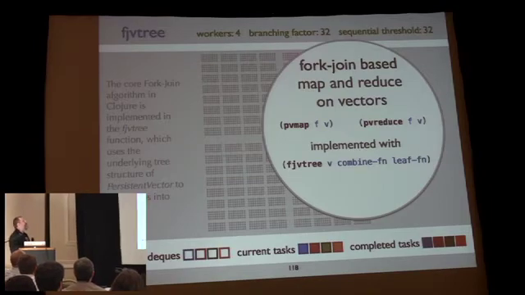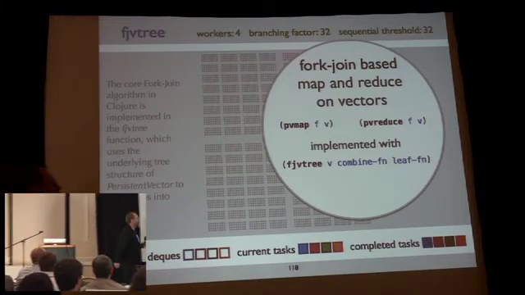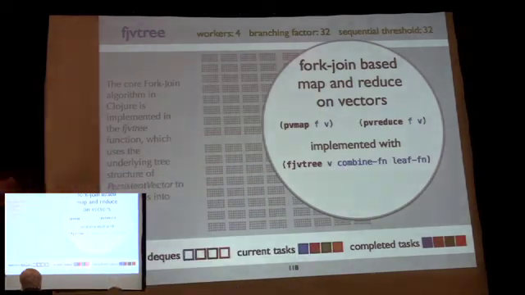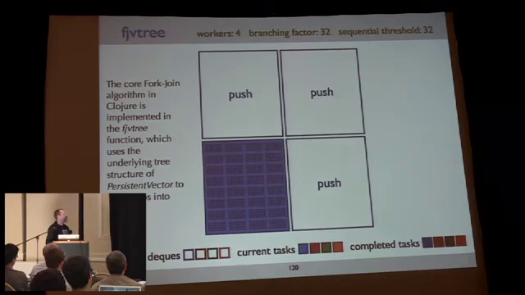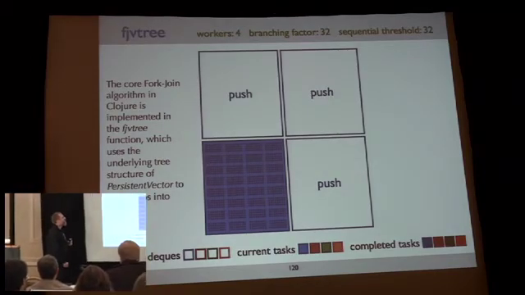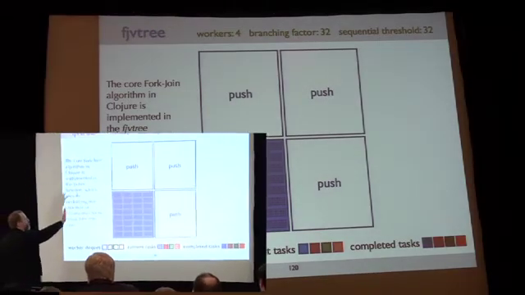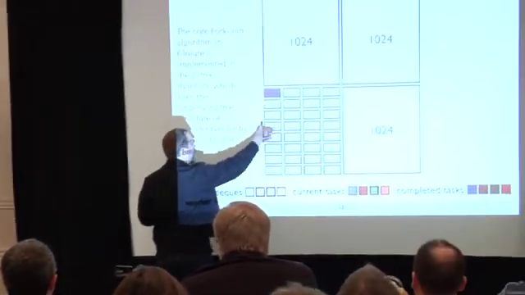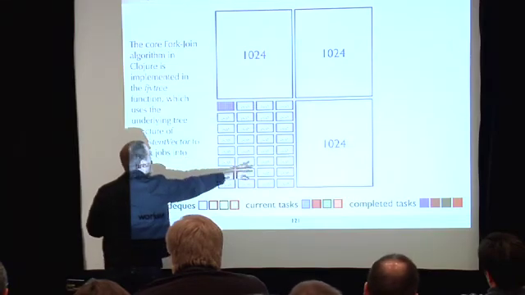All right. So fork join, PV map and PV reduce are based on fork join vector tree. And fork join vector tree takes the vector and it takes a combine function and a leaf function. So this is the current thread. Same exact thing we saw before, except this time instead of splitting it in 2, it's breaking it into 4. We have a branching factor of 32, just like that persistent vector you saw before. The top level nodes, there was only 4, which is what's going on here. So we break it into 4, then we break it into 32. So instead of continuing to break with a branching factor of 2, now we're at a branching factor of 32. We take the current thread, takes the 32 object references, pushes everything else into the deck,